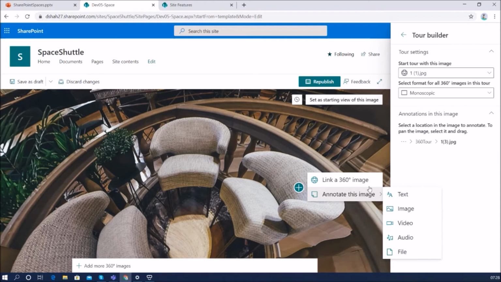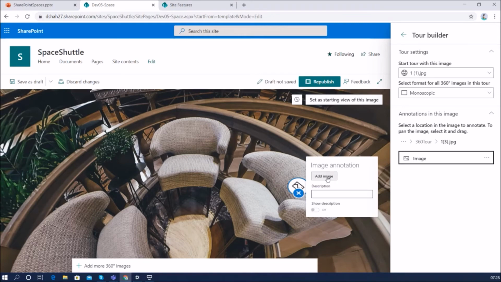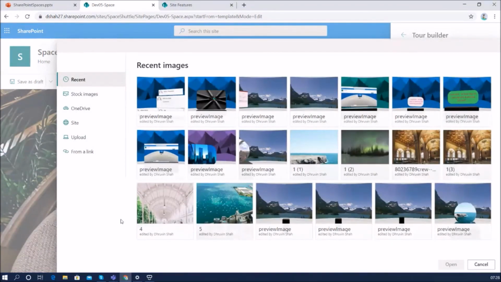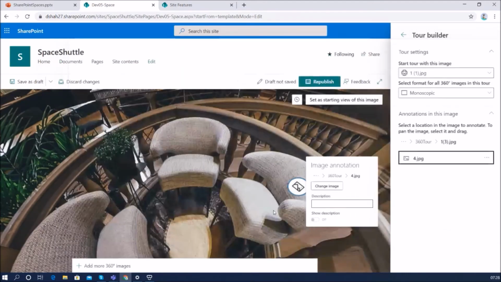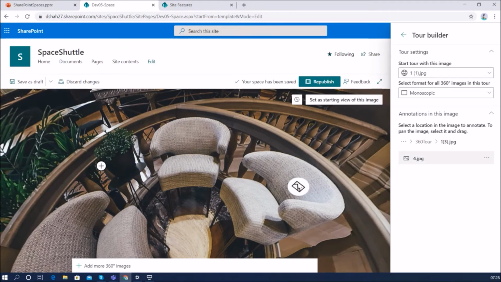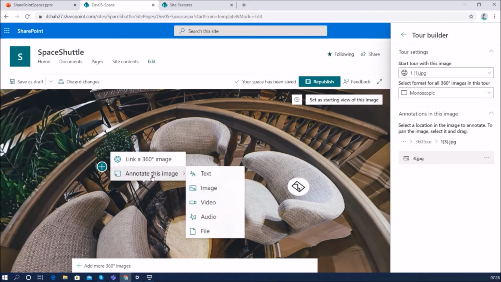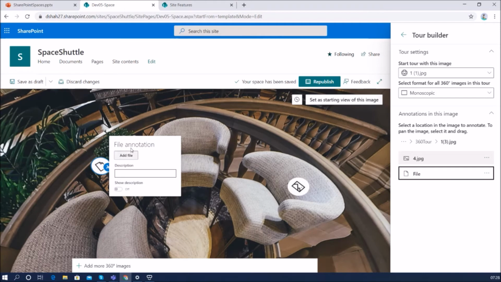For example, if I want to show the history of this chair, where it is coming from, in the form of an image, we can simply add a normal image over here. Let me add any normal image, and it will show this type of image when we click on it. In the same way, this is a historical plant, and if I want to show its documentation, we can configure any file here as well.